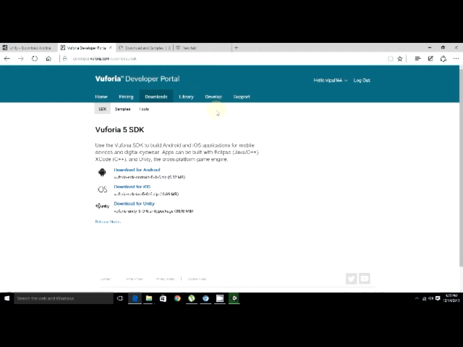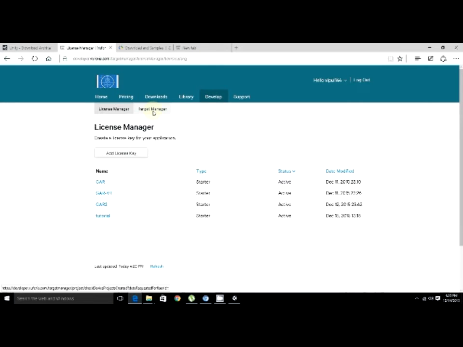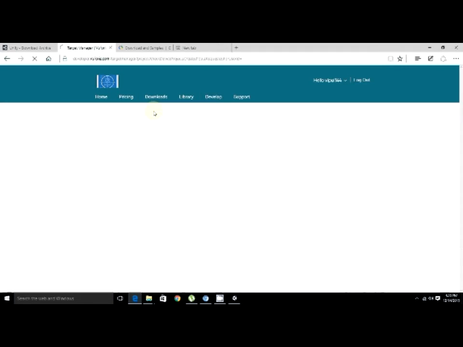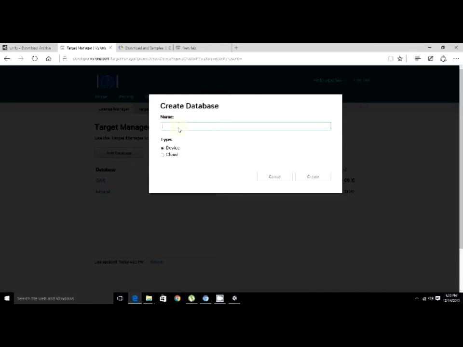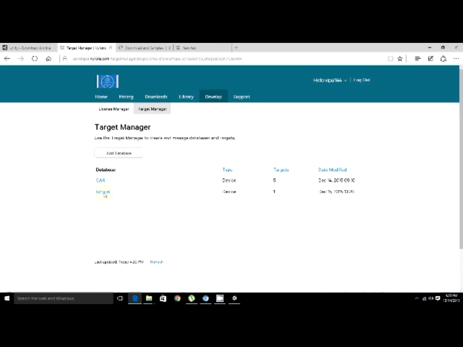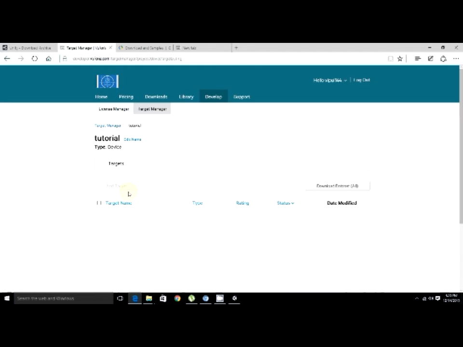In here we'll have to go to Develop. In Develop, we'll see the Target Manager under target libraries. Over here, add a database, which I've already added as tutorial. So you can see, just type in the name over here. Once created,